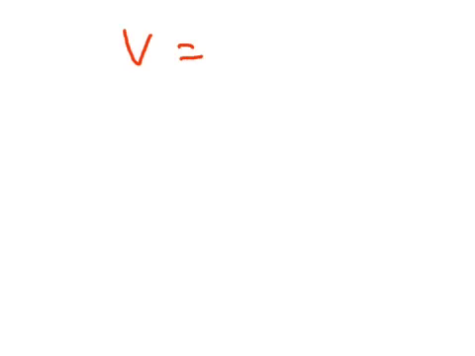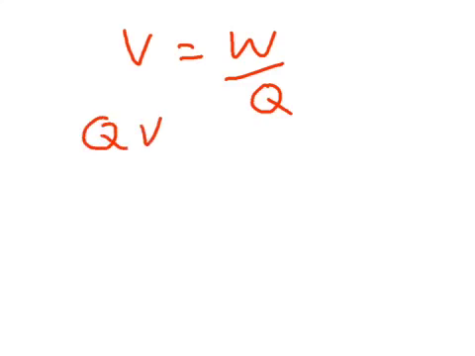So we can rearrange this equation that we use to define potential difference or voltage just to make work done or energy the subject. If I know the charge and I know the potential difference that the charge has moved through, I can multiply the charge by the potential difference and it'll tell me the work done or the energy transferred. We're going to use this relationship between energy, charge and voltage to introduce this new unit of energy,